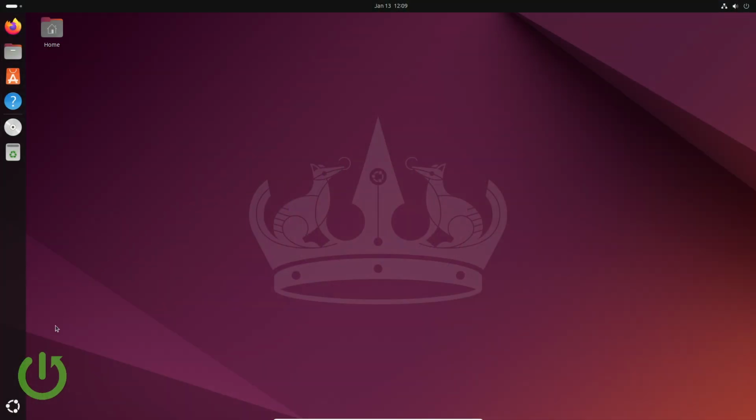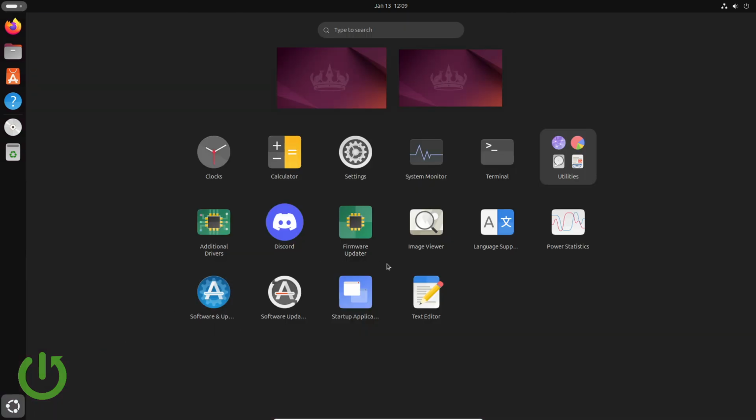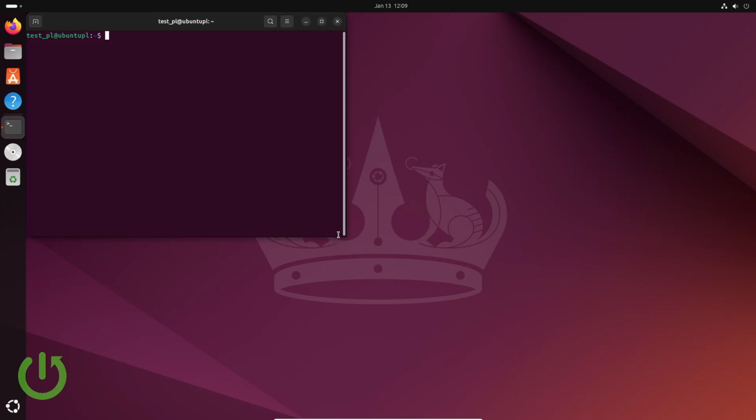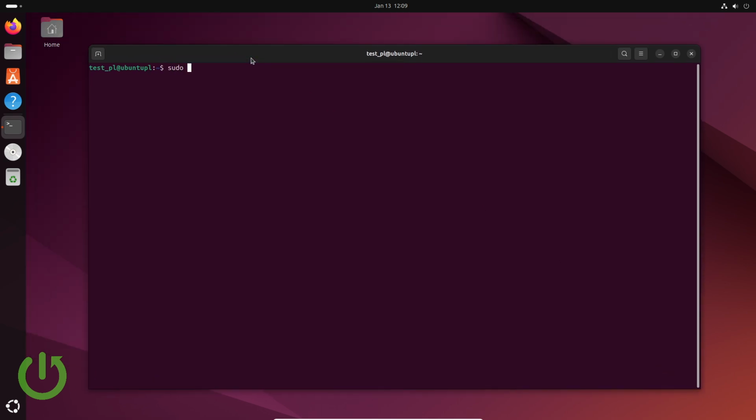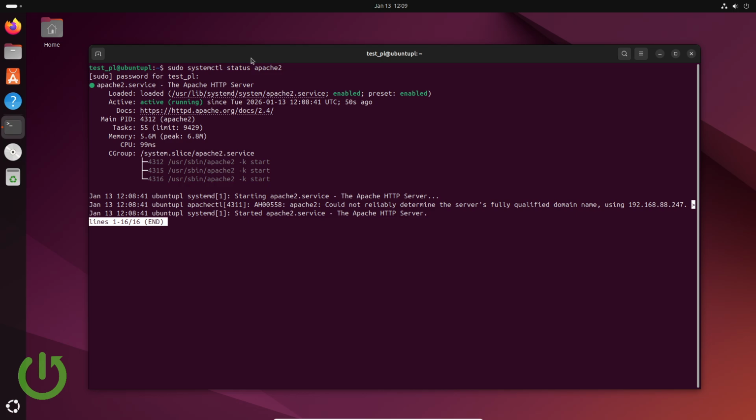So at the beginning we have to go into terminal and we need to make sure that our Apache is installed. We can check that by typing in the command sudo systemctl status apache2. I will press enter and I will type in my password. As you can see, for me apache2 is enabled and running, but